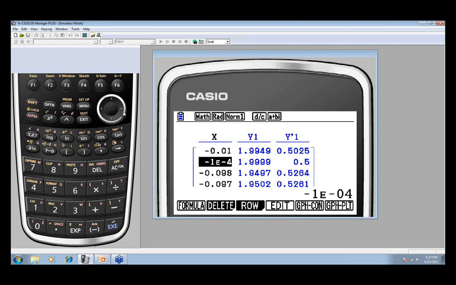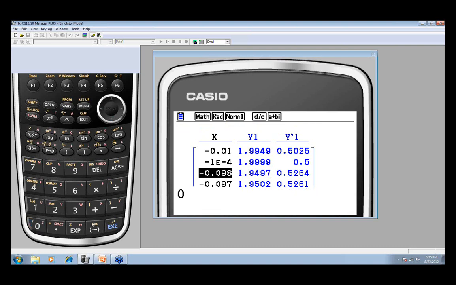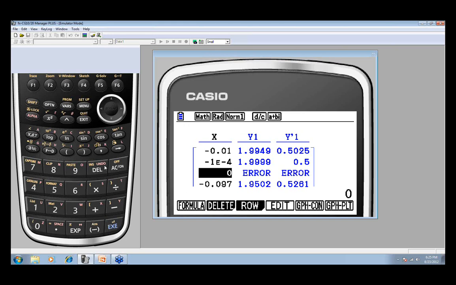close to 2. And if we move the arrow key over to that number, it shows you in the table the number rounded to 4 decimal places, but when you cursor over to it, you see the number down here has the value of 1.9994999. Okay, let's recall what 0 gave us. If we go back to our X column and enter 0, we'll see again that that's still producing an error.